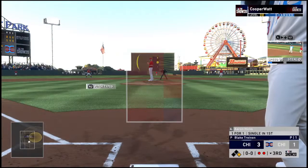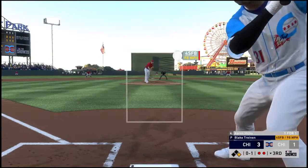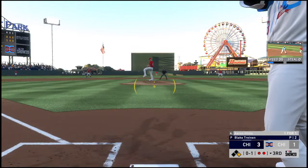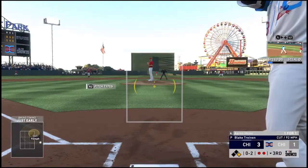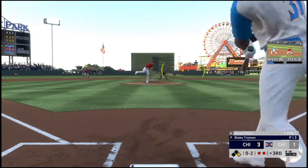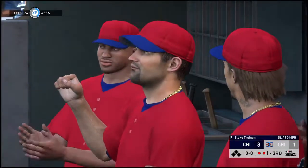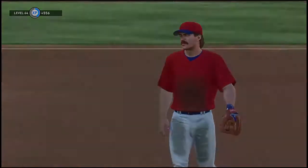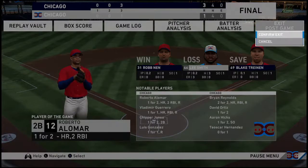Now batting, the center fielder, Aaron Hicks, as he will take strike 1 on the fastball here. No balls and a strike. Trinan has a good reputation for preventing the long ball. One swing can change the complexion of the ball game when you're coming in late, but he rarely lets that. And he strikes him out to end it here as they were able to get the possible tying run to the plate, but could not cash in. Tonight's ball game comes to a close, 3-1 the final. The Nuts led this game from